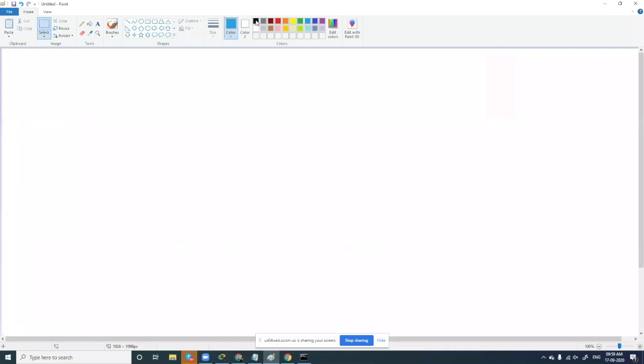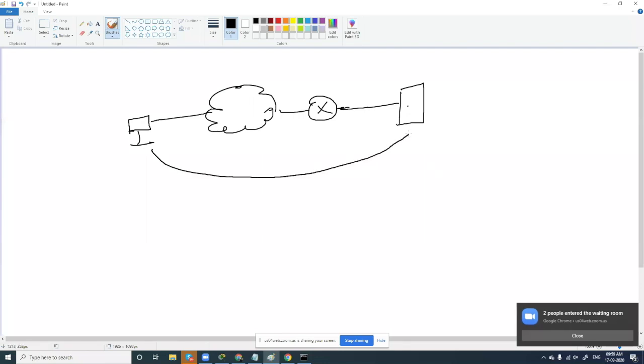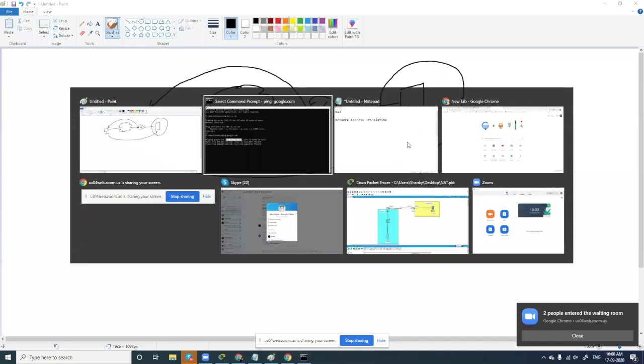You have a server here, which is connected to a router. This is your network and this is your server here, and this is connected to the internet. So anyone who is trying to ping your server should not get a reply from your server. Instead, there should be some other IP address which is going to reply back, so you are protecting your server's identity and this IP address is not being revealed. Right? As simple as that. We'll try to do this in Packet Tracer.